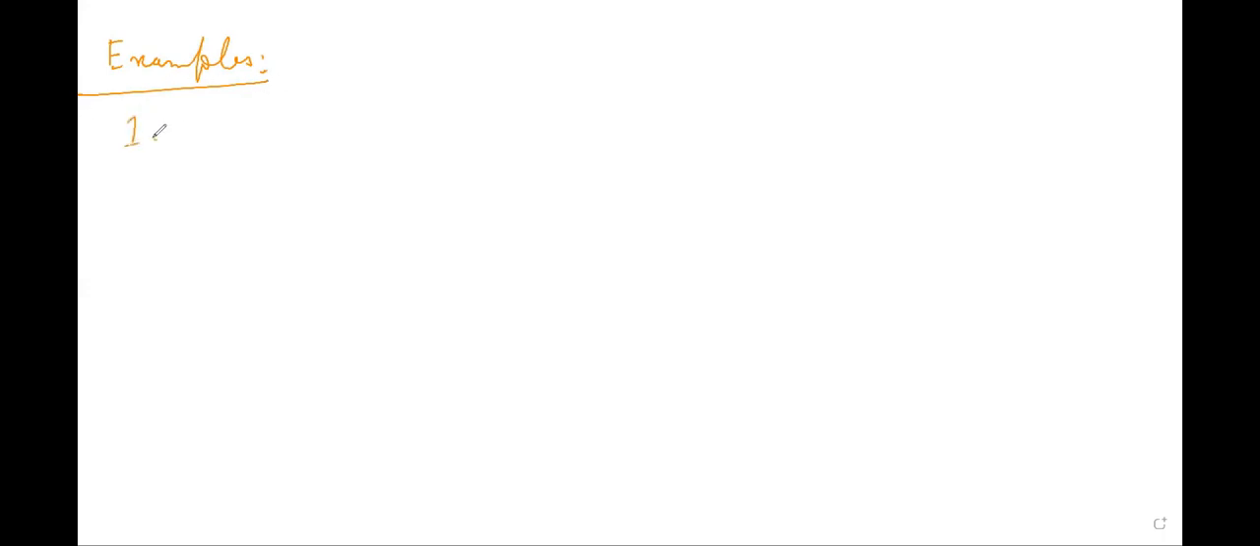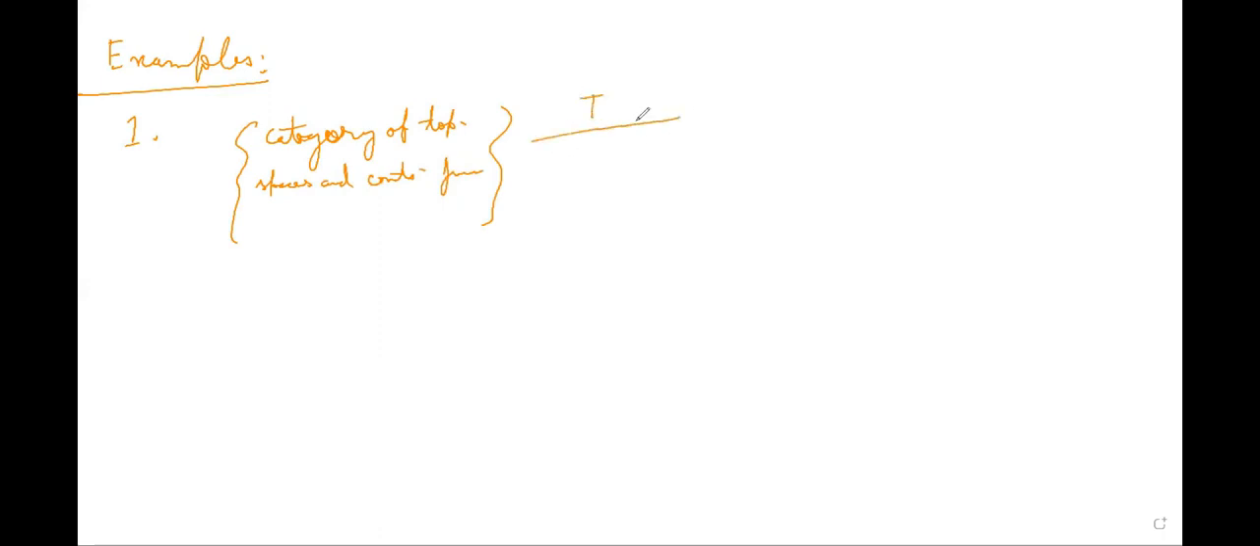So first example, there is a covariant functor from the category of topological spaces and continuous functions. Right? So there is a functor from here to the category of